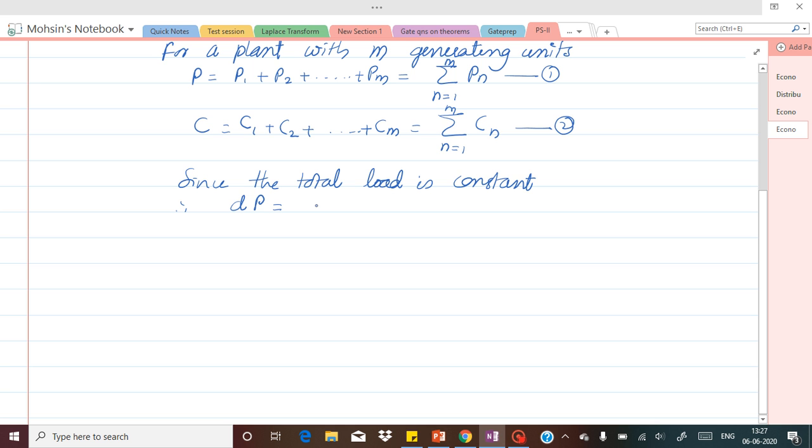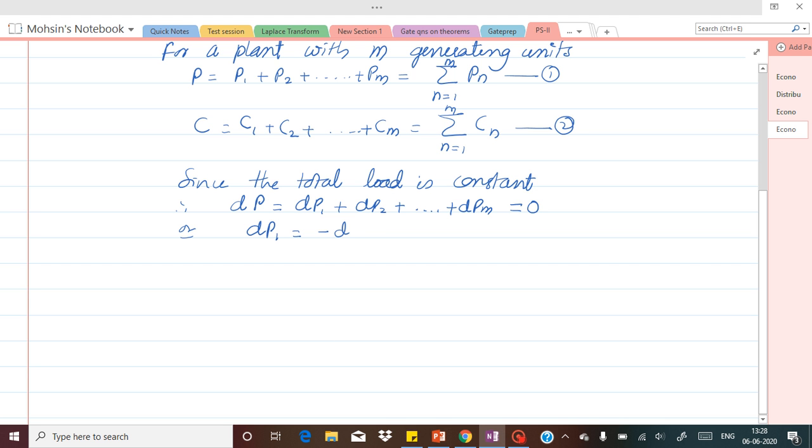So therefore dp can be written in terms of their individual units differentiation also, like I can write here by referring to equation 1, dp1 plus dp2 plus so on up to dpm will be equal to 0, or we can rewrite this equation as dp1 will be equal to